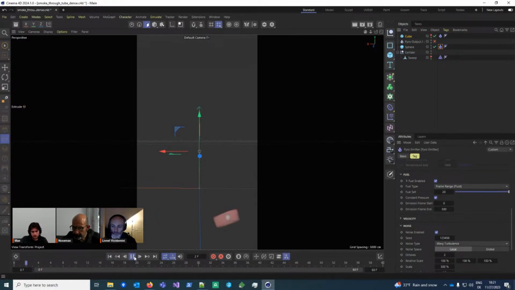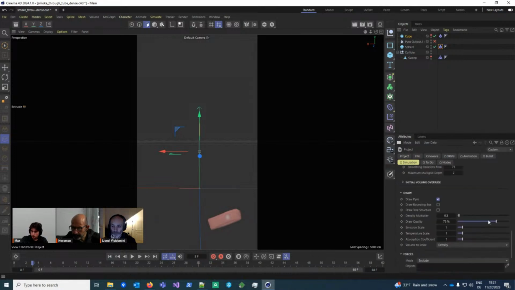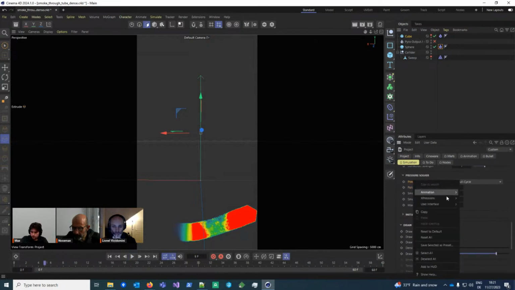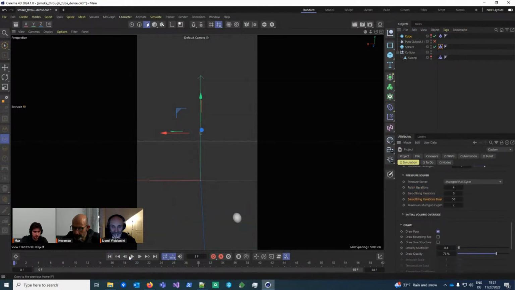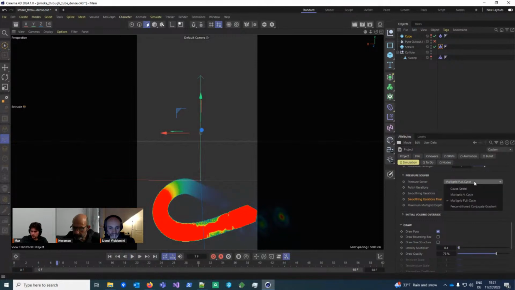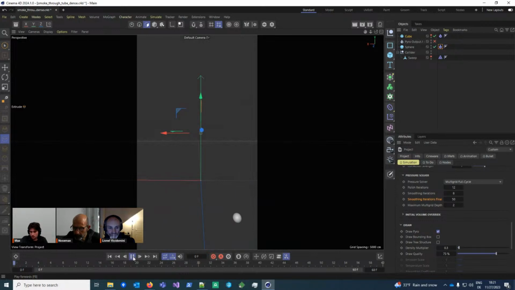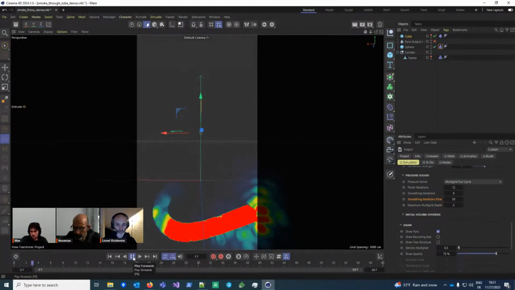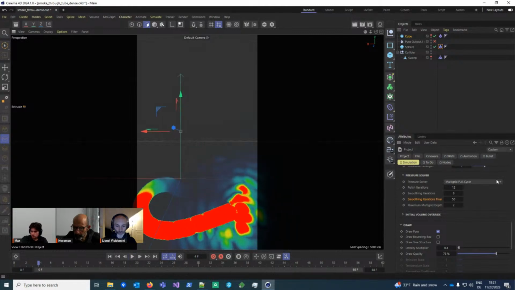So I predefined the domain, and why I wanted to show it here is to show the difference between this one. Because if I show the pressure, let me maybe reset it to default, just to show the difference between the default and some slightly adjusted settings. And you can see how far this parameter spreads per time step. It's not very far. If I set it to this, I can increase these iterations a bit, but it still doesn't really work that well, and there are also some artifacts at the back here.